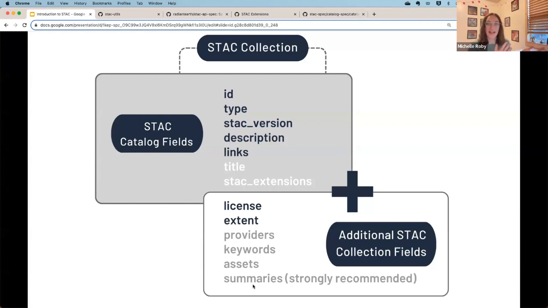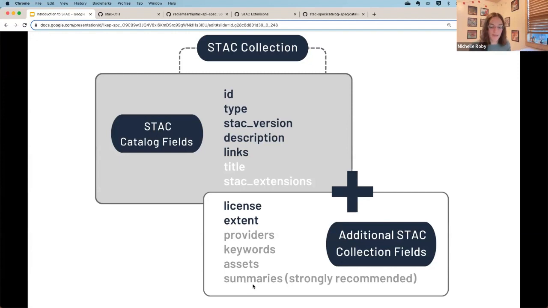So if you find a STAC catalog or a STAC catalog that has collections, you know that you can find licensing information about that data or the extent within that collection description. And hopefully you'll find a summary of the data as well.